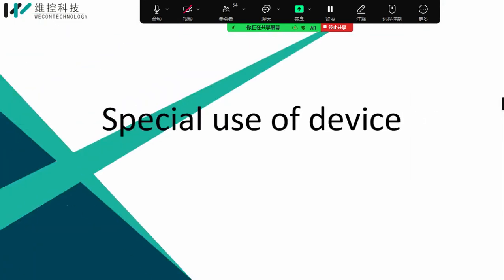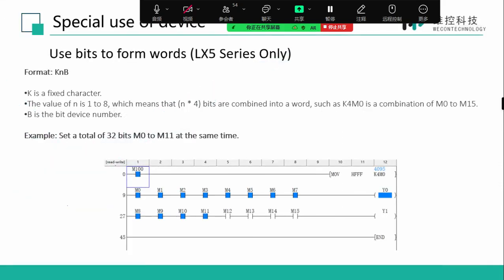So let's move on to some special uses of the device. This special use is only available for the LX5V PLC. The first is to use the bits to form a word. As you can see, there is a very special register